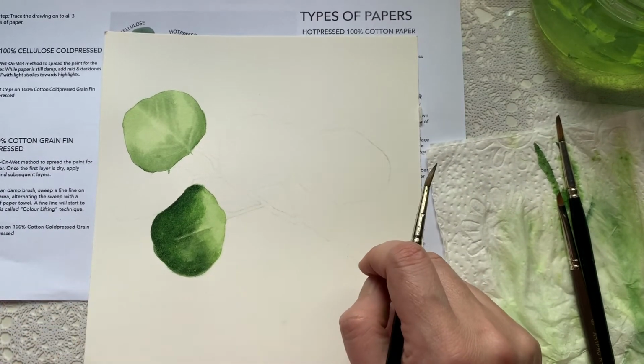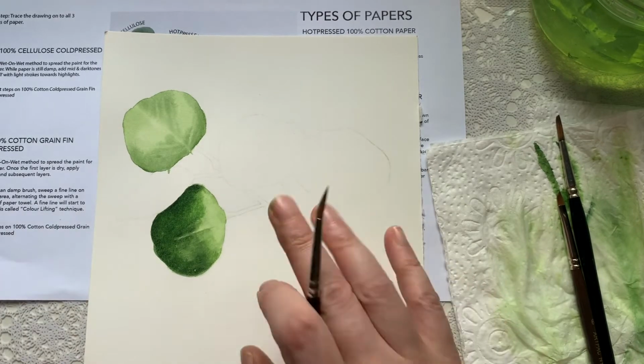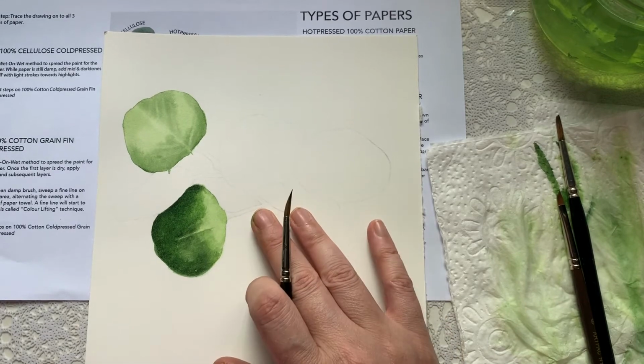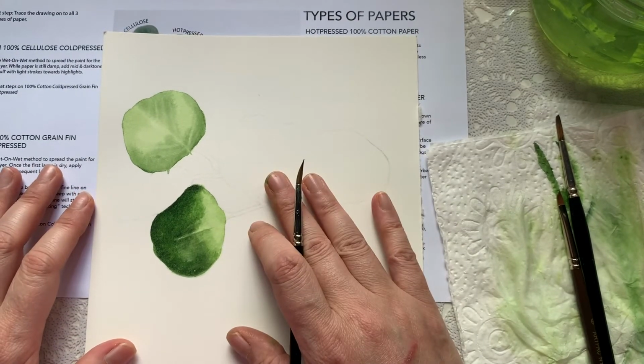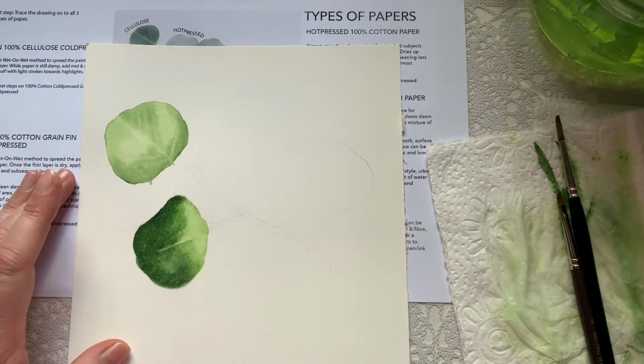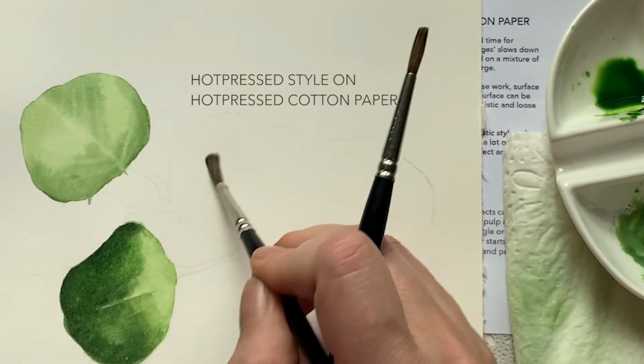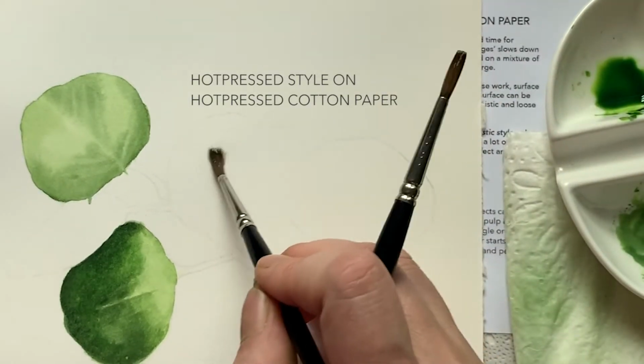So this is hot press with cold press style. It is not going to work, right? So let's do hot press style on hot press paper. So this is what you do. You can do an initial layer. The base layer is normally